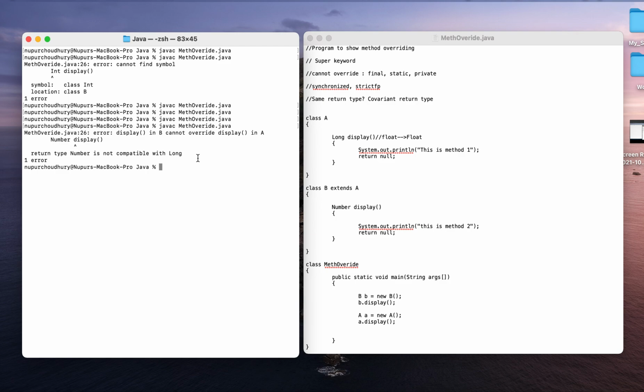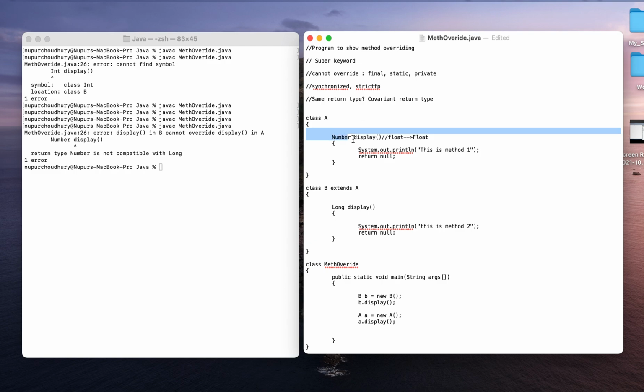So this is what a covariant data type is. Whenever we are using a covariant data type, we have to make sure that the method in the child class has a return type that is a child of the parent's return type. If I'm using a parent data type in the parent class and a child data type in the child class, that will work fine for overriding.